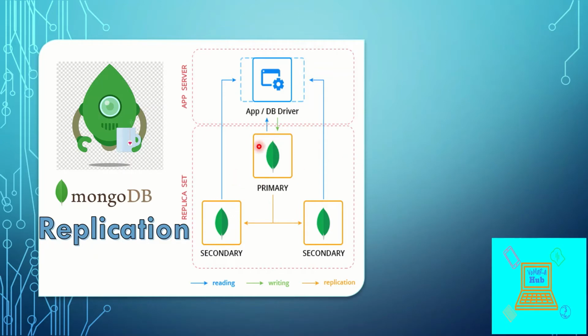We'll have a primary node and the data is replicated from this primary node to one or more secondary nodes. And the application or the app server which connects to the database is not bothered about this replication happening and can get the data from any of the nodes as per the configuration. The set of these primary and the secondary databases are together known as replica set in a Mongo database. Other than having a secondary, we can also have an arbiter, which we'll discuss later.